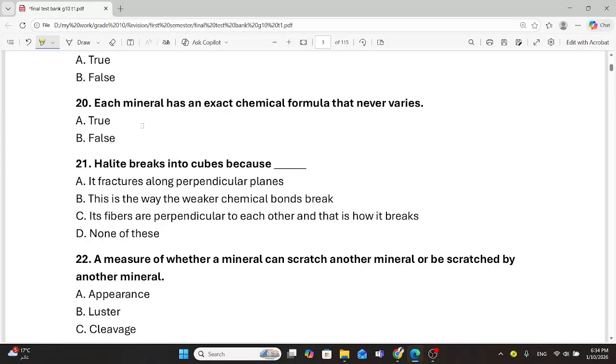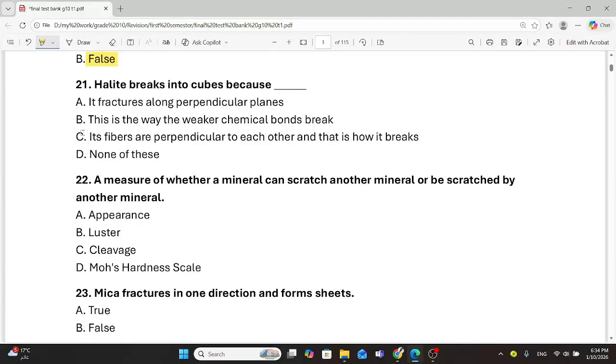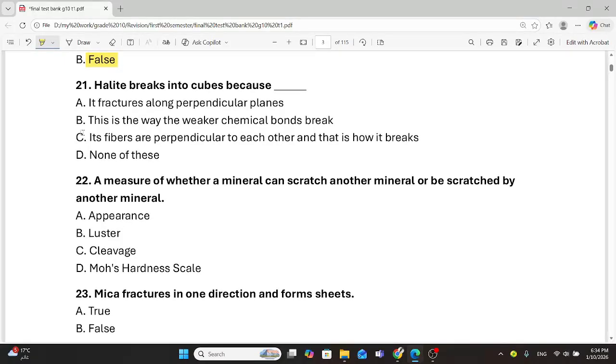طيب each mineral has an exact chemical formula that never varies، يعني never عمرها ما بتختلف. لا طبعا غلط. الهالايت breaks into cubes because it fracture along perpendicular planes. أو